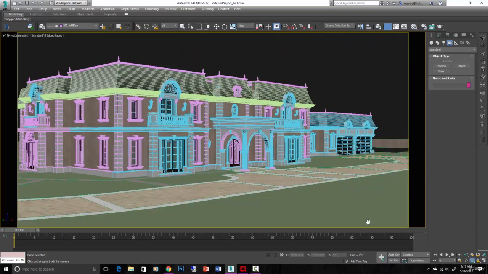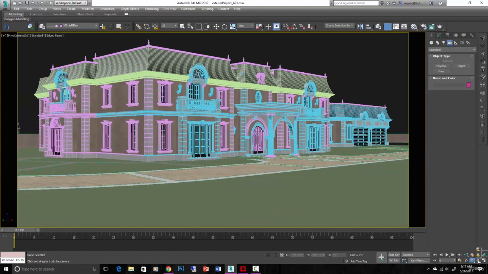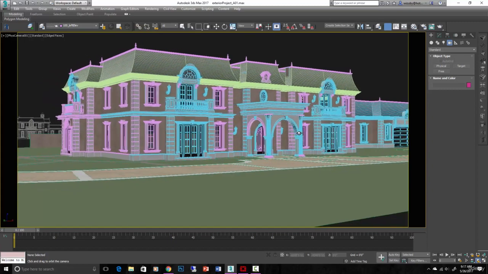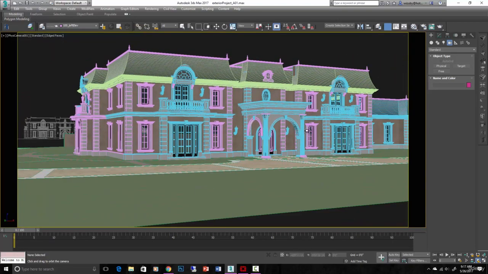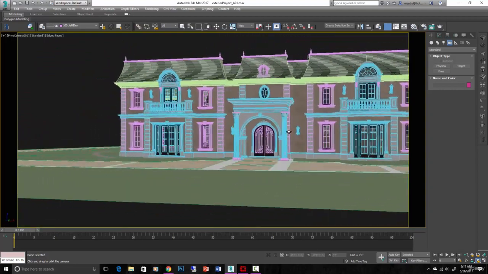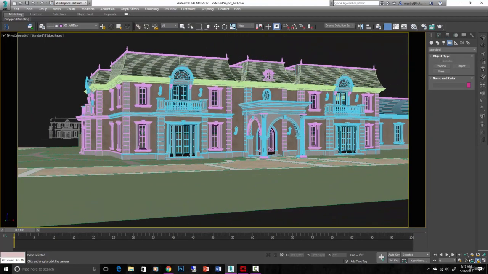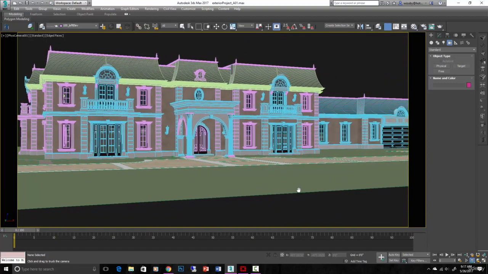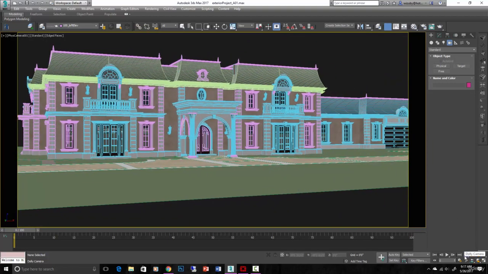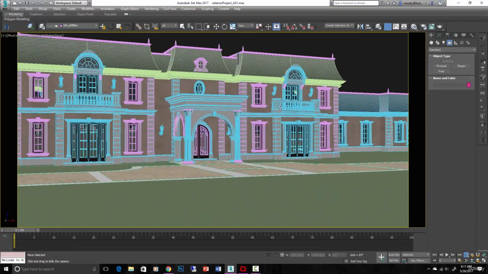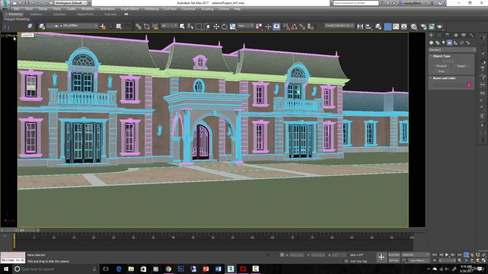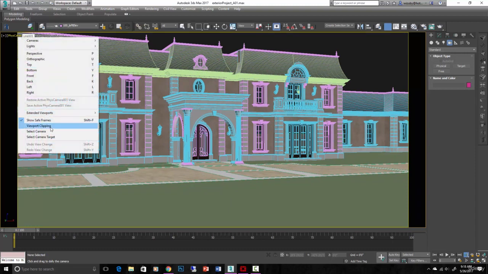Okay, so let's get that camera where we want it, maybe somewhere there, and then we can do the orbit camera by holding down on pan camera and going up to there. I like to hold down Shift so the camera stays in line, otherwise you can go wherever like that. If you hold down Shift, it'll stay in line. And then let's pan the camera this way, or truck the camera, I should say. This one will dolly the camera back and forth. So I think we actually want to be up here, and then just right click right here where it says physical camera, select the camera,